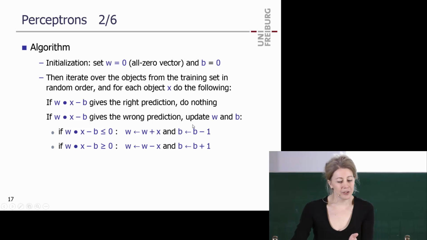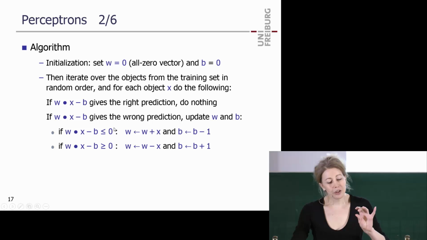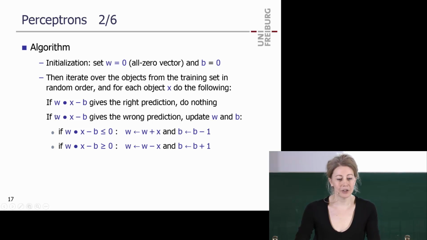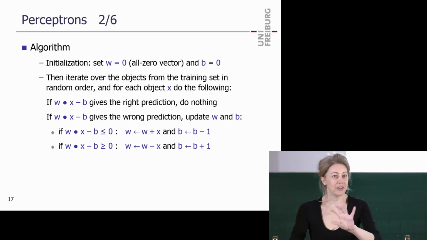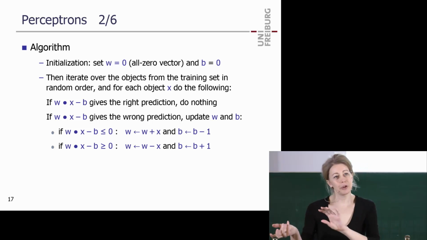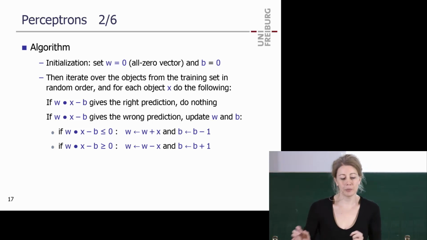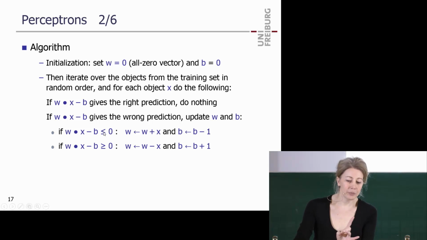And the intuition, you see, is so simple. You just try to intuitively push it in the right direction. So now it's wrong. Wrong means it can be wrong only in two ways. It's negative and should be positive, or it's positive and should be negative, right? Or a bit more generally, if it's in one class, I really want it to be positive and not only 0, right? So it's less or equal 0, and I want it to be positive.